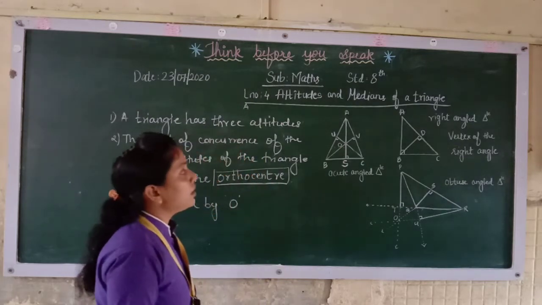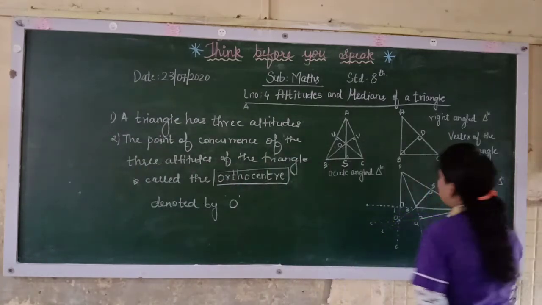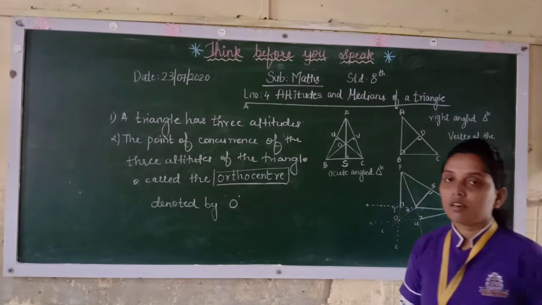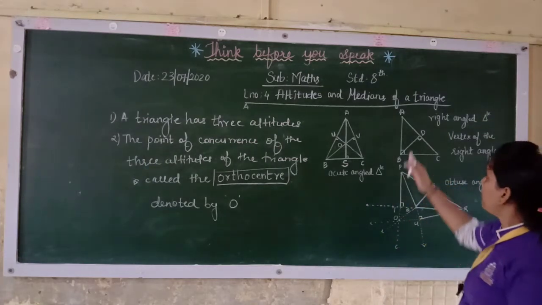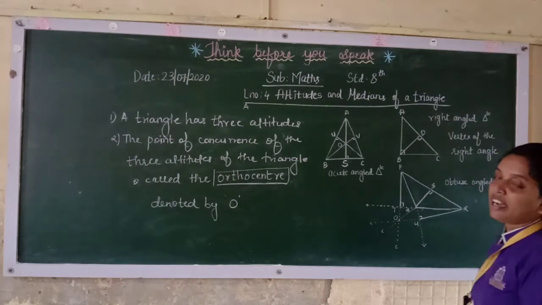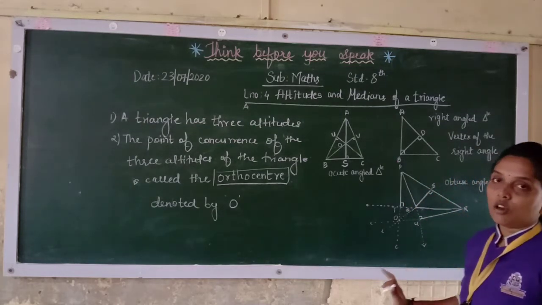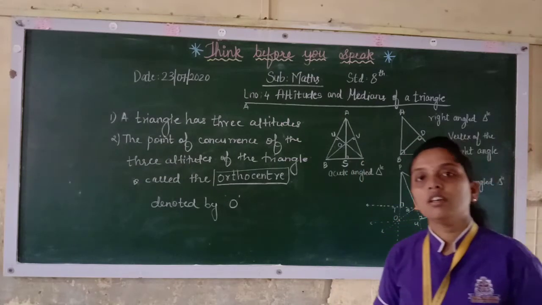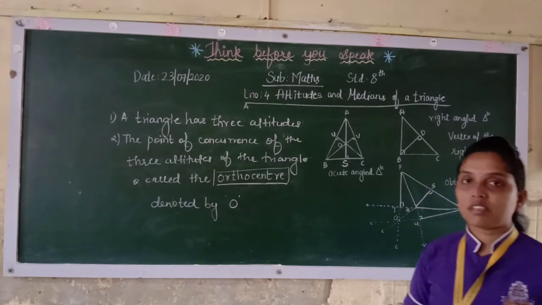Now, if we consider different types of triangles, like you must have studied in the lower standards, there is a right angle triangle, obtuse angle triangle, and acute angle triangle. Now what is a right angle triangle? It will have a 90-degree angle, so it will be a right angle over here. If you see, ABC is a right angle triangle. Then obtuse angle triangle will have a measure more than 90 degrees, 100, 110, 120 and so on. If it is more than 90 degrees, then you will have an obtuse angle triangle.